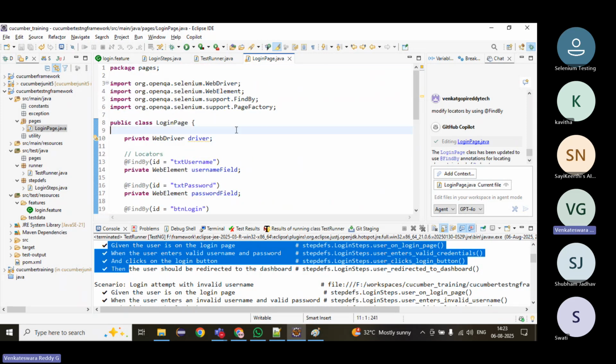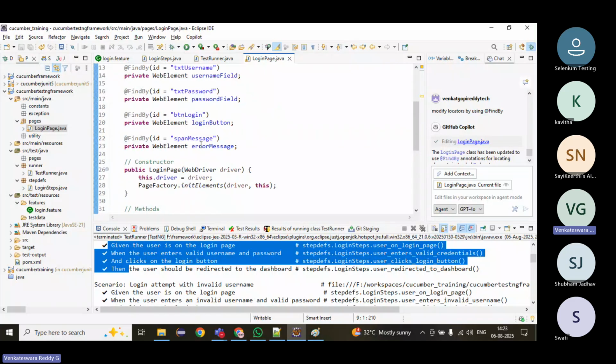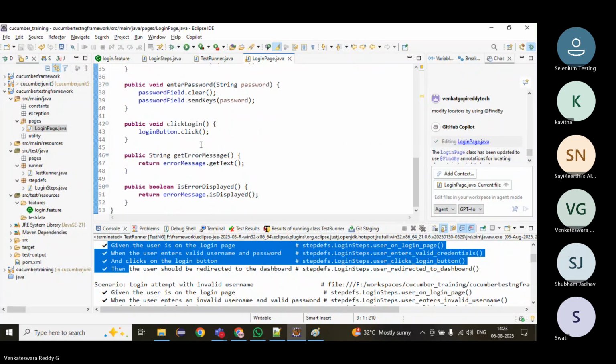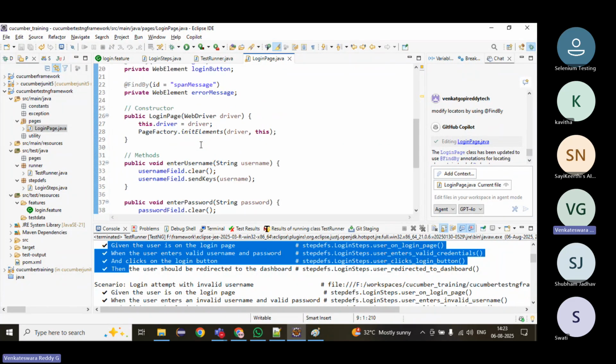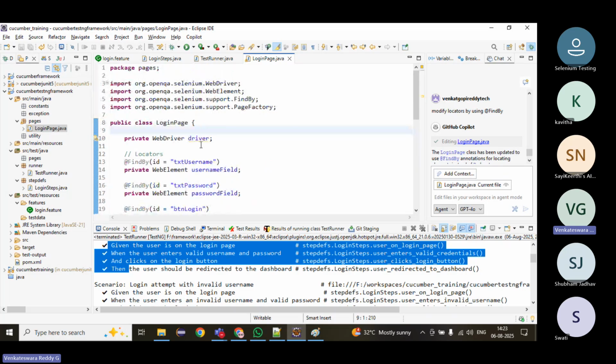Login page simply. Now, where will we write all the reusable things? We will create a base page, with enter text, click button, all the reusable methods. We will write them in the base page, not in every page class. So what we will do, we'll ask to generate a base page and include